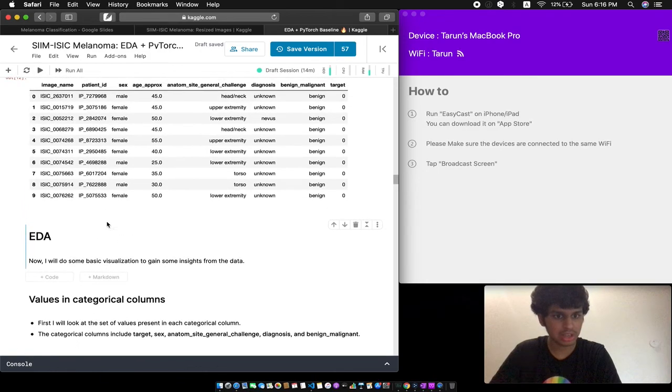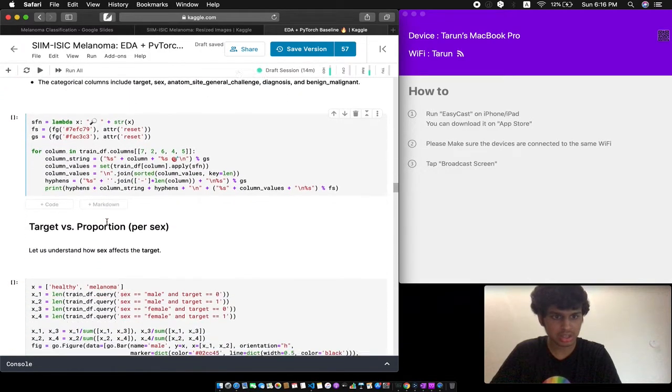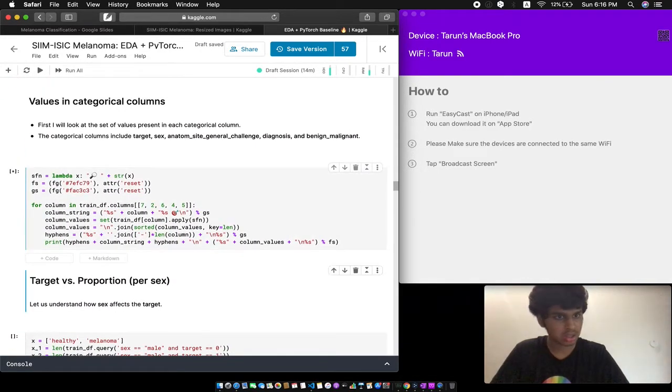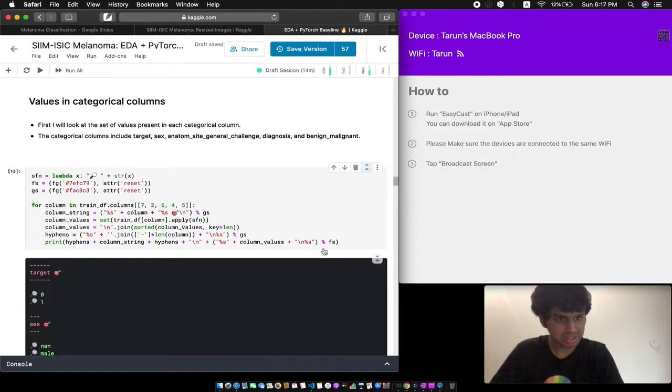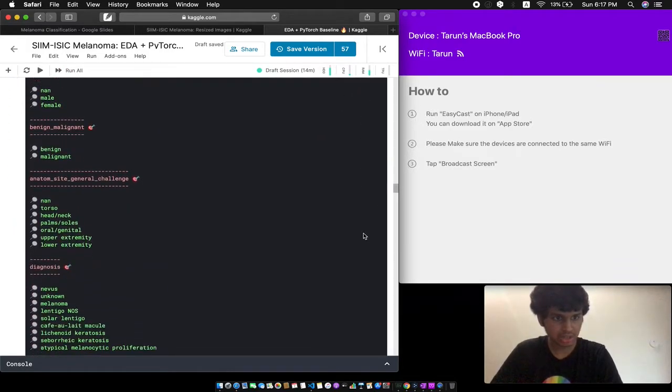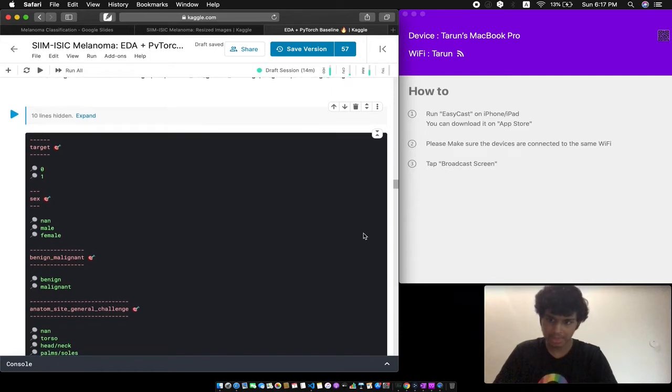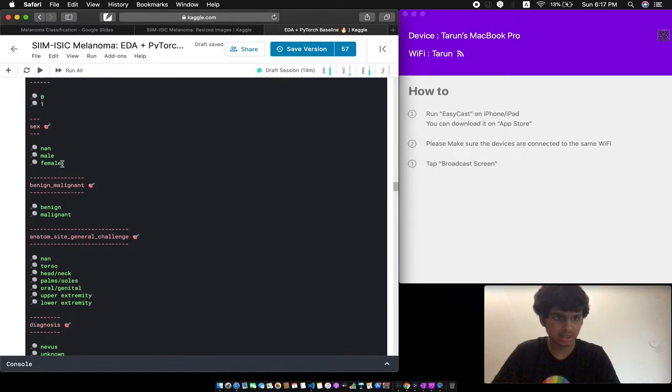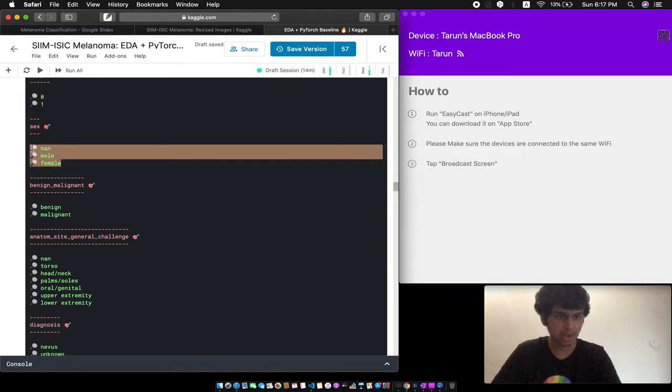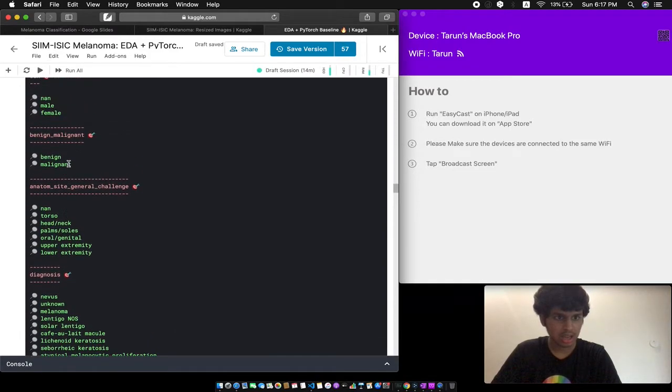So now a little bit of EDA to understand the data better. This is some simple printing to check the different values for each categorical column. The target's either 0 or 1. As you can see, sex is either undefined, male or female. And here are our metadata features, right?